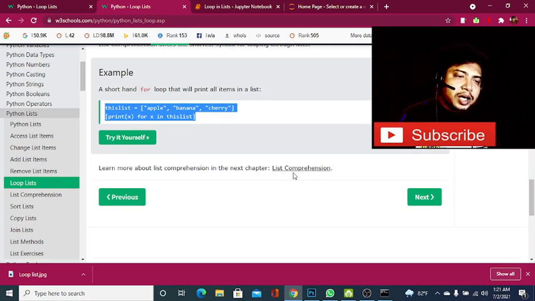You can also visit the official Python website, where you can get the documentation to learn this. Maybe you learn from my tutorial, or from W3Schools or the Python official site, but the thing is that your concept must be clear. You should know what to do, where to do it and how to do it, what the syntax is and how you are going to use it.